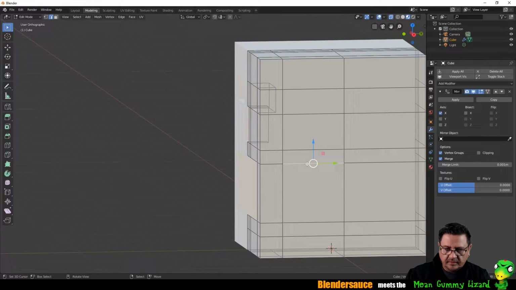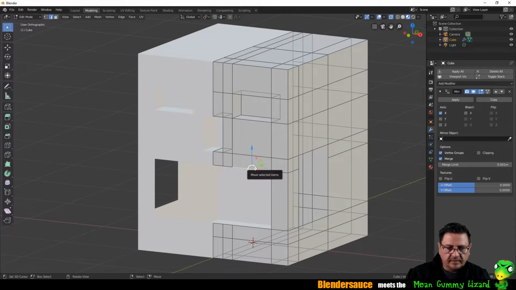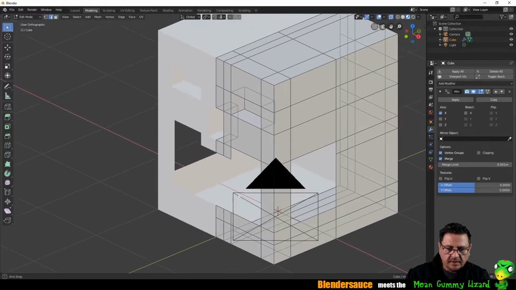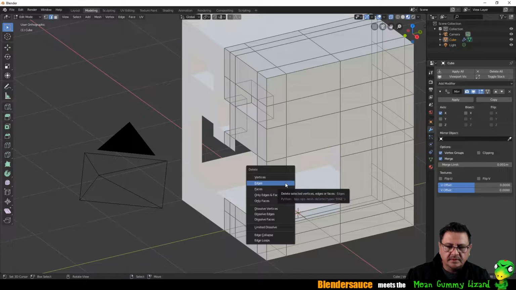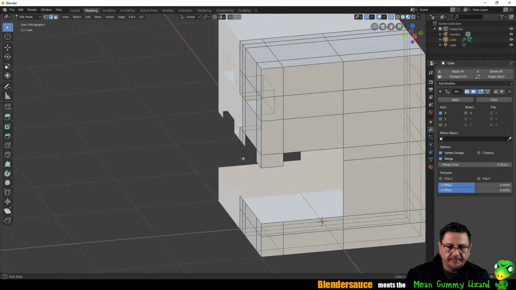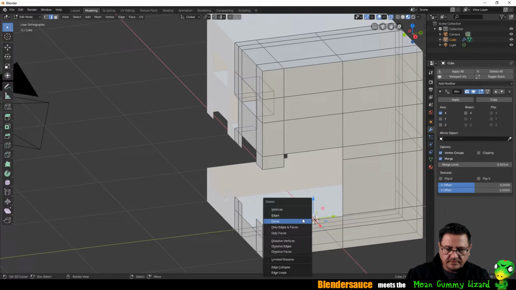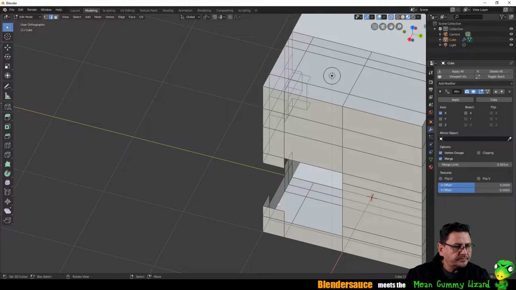Get rid of this edge here. Yes. And get rid of this edge here. And we're going to get rid of these edges as well. And this edge. And this edge. Okay. So now we can extrude that, but I want to